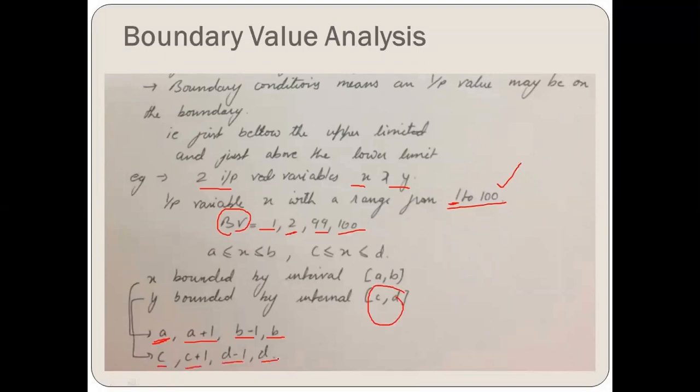One more example I can take. If I have to input characters, and I can only input characters from 7 to 10, only 7 to 10 characters I can enter. So 7 to 10 is the interval, and 7 and 10 are the boundary values. I will test the conditions for 7, 8, 9 and 10. That will give us more test cases to find errors, because we have to uncover maximum errors. So that is why it is called boundary value analysis.